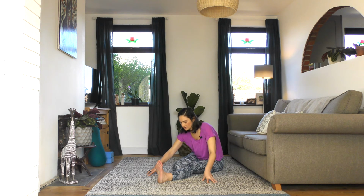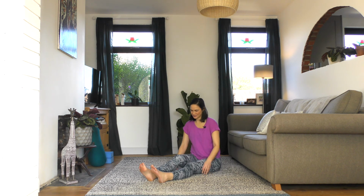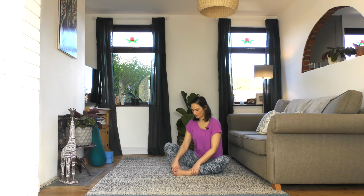Let's take one more breath here. And then we'll release. Okay, get that foot out in front of you. You can give your knees a little shake, up and down. That feels good. Okay, bring the soles of your feet together now in front of you, and depending on your hips, you can choose to have them further away, bring them closer in, wherever you want to be. Okay, and then just move the flesh out from underneath your sit bones, so you're sitting forward in your hips, and then we're just going to let the